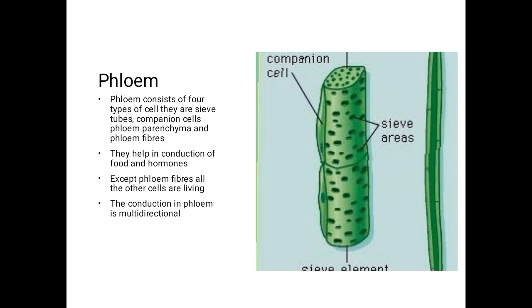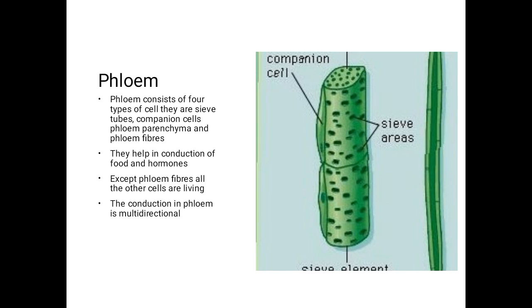Okay, then see phloem fibers and phloem parenchyma. So there are four different types of cells in phloem also. What are they? Sieve tubes, companion cells, phloem fibers, and phloem parenchyma, which are parenchyma cells associated with them. Understood? Four types of cells. Among these, except phloem fibers, all other cells are living. So you understood the differences now between xylem and phloem. Phloem contains most of the cells as living. On the other hand, xylem contains most of the cells as dead.